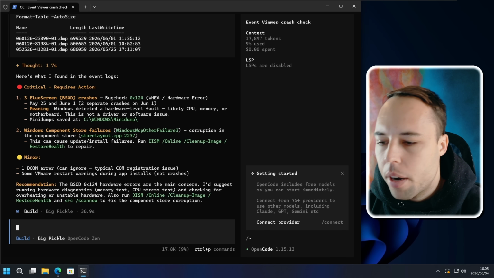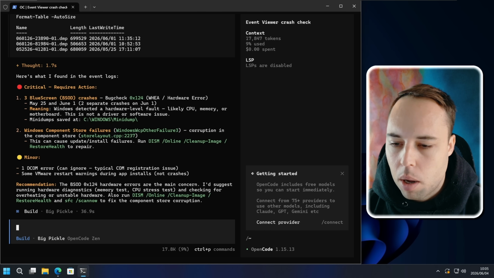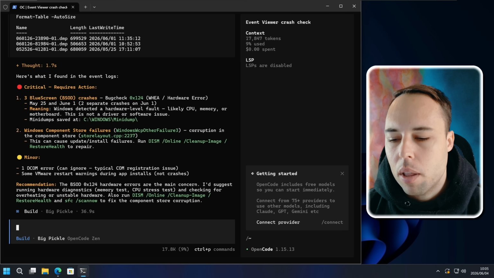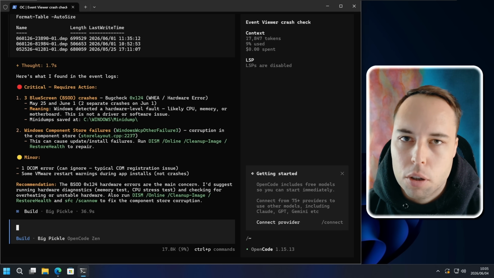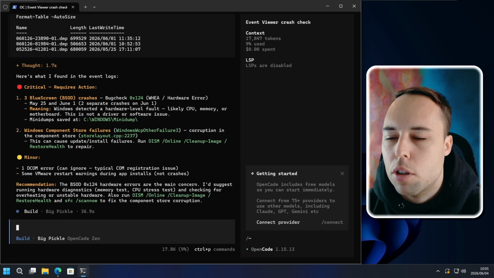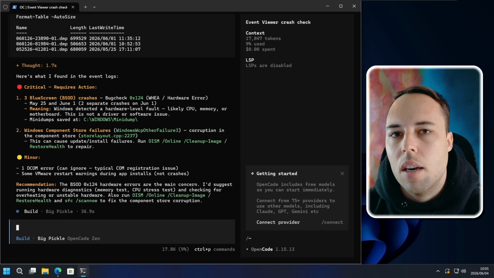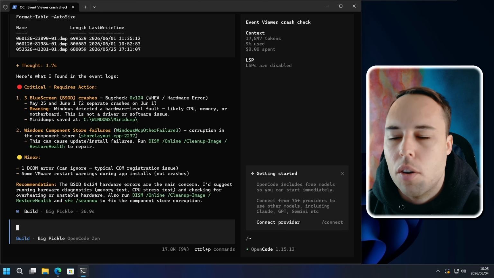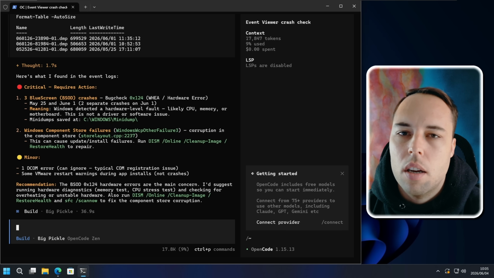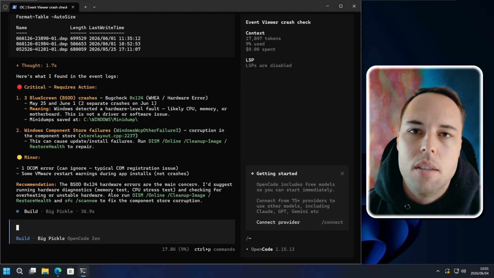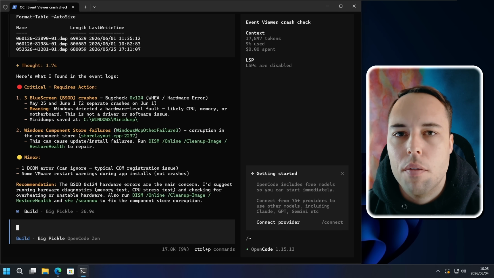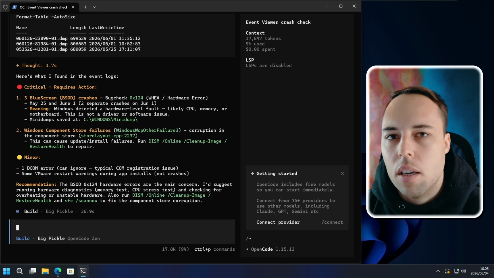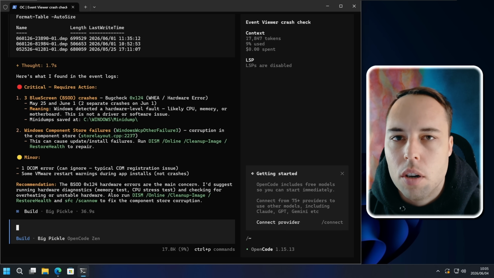Then at the bottom here, it also gives us a recommendation about what the main concern is and what this model recommends us to do to try and remediate these blue screens. I'm not going to be investigating blue screen crashes. This is just an example to show you what it can do for you, because this model just did in 36 seconds what will probably take you more than 5 or 10 minutes to manually dig through Event Viewer logs and find the issues about what's crashing on the computer.